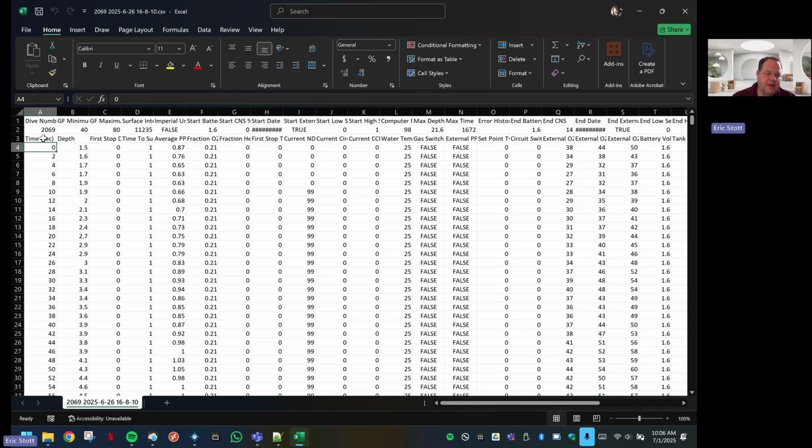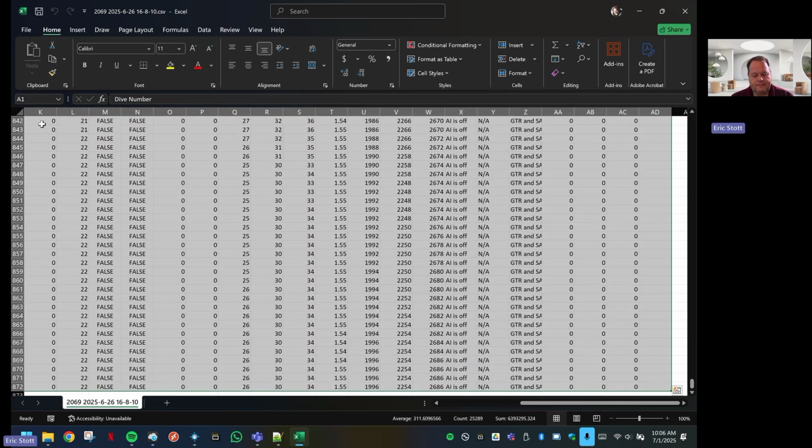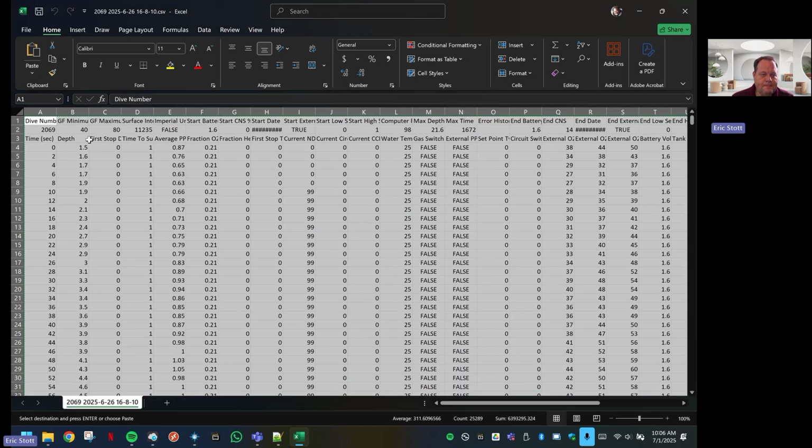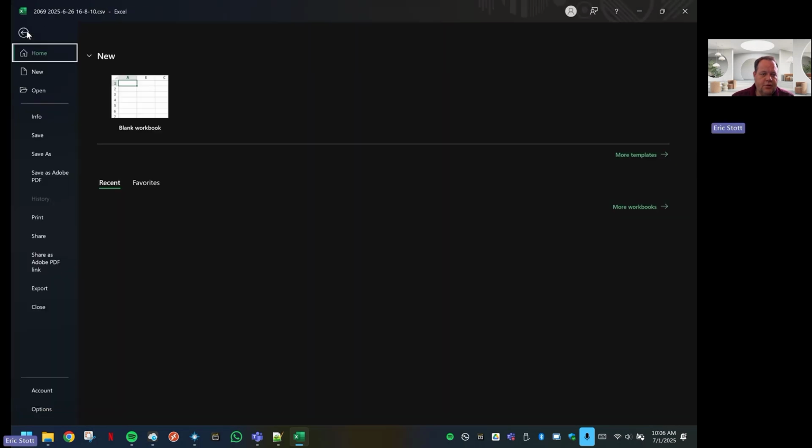So you notice that the time on this first column is 0, 2, 4, 6, 8, which means the computer is logging every 2 seconds what is going on. So once we have this, we'll do Control A to copy all the contents. I did Control A, copy,